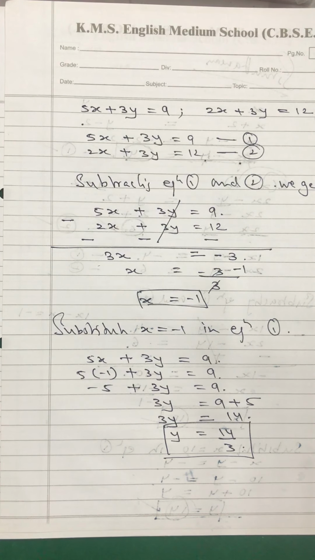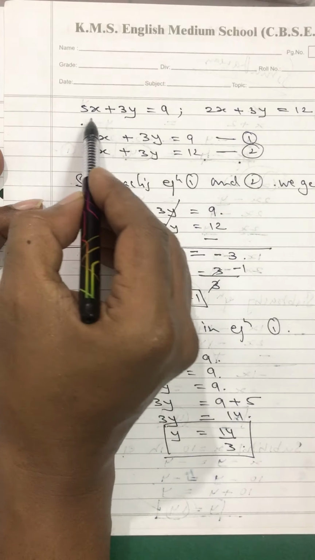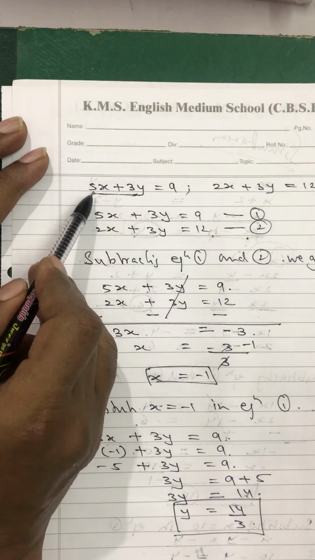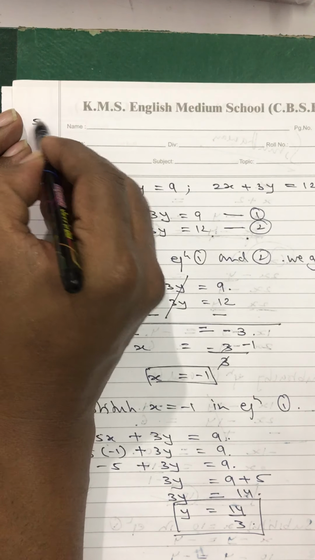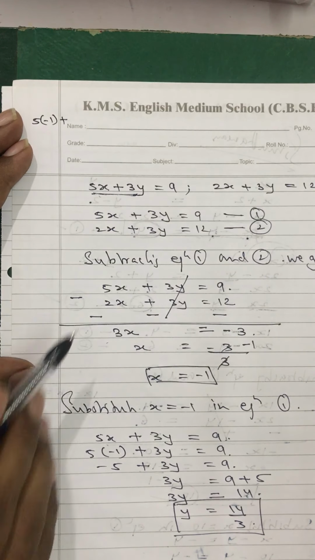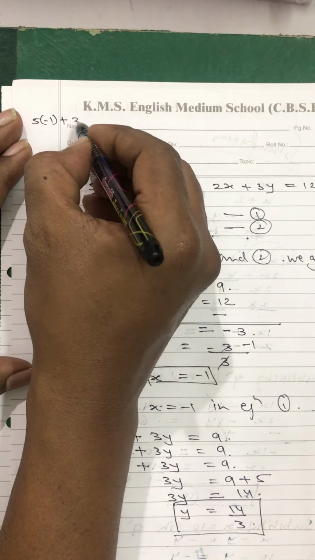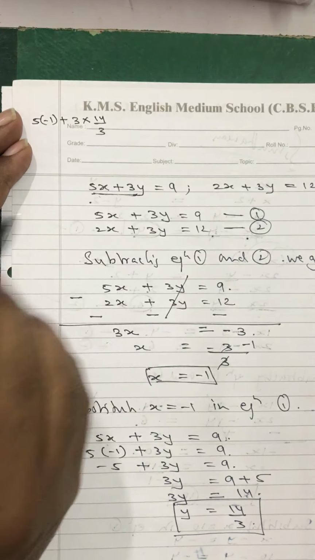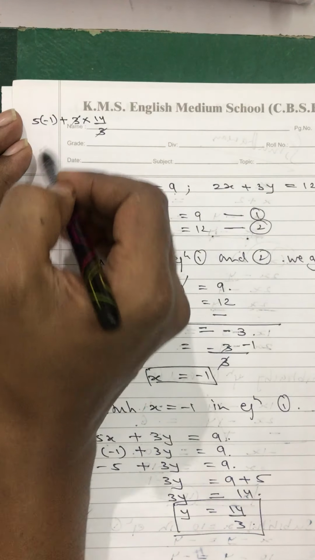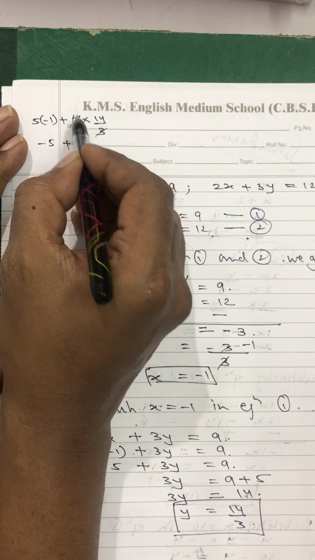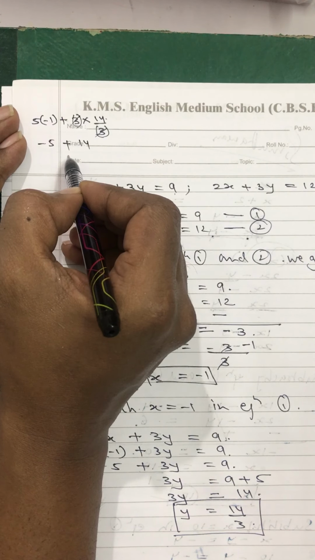strange, doesn't it? So what you will have to do, whether your answers are right or wrong, the best way is to substitute the values on the left hand side and see whether you get 9. So in the first case, 5 into minus 1 plus 3 into 14 upon 3. If I solve this, I should get 9. The 3s get cancelled. 5 into minus 1 is minus 5, plus 14, right? This has got cancelled, so only 14 stays. Here it is 9,